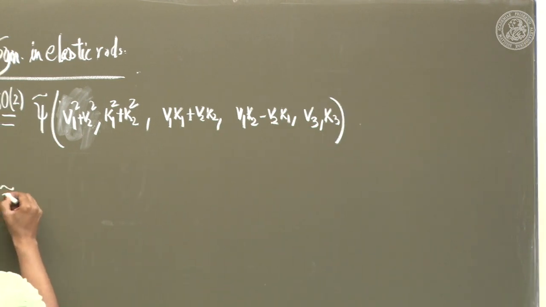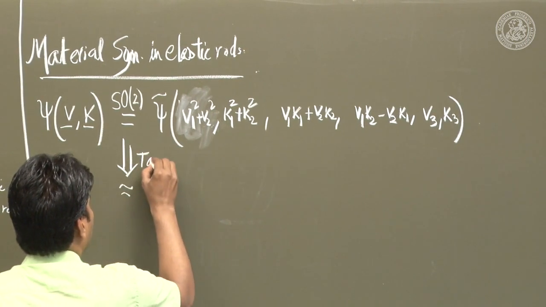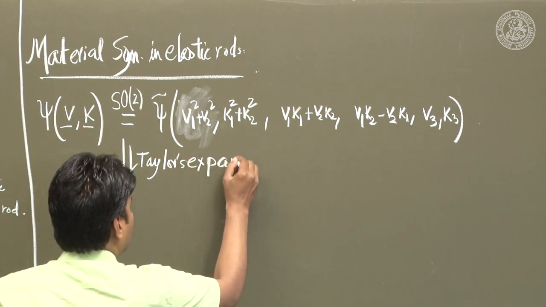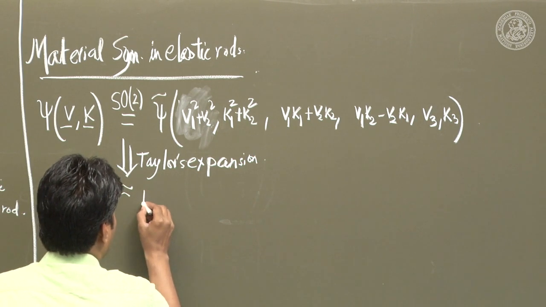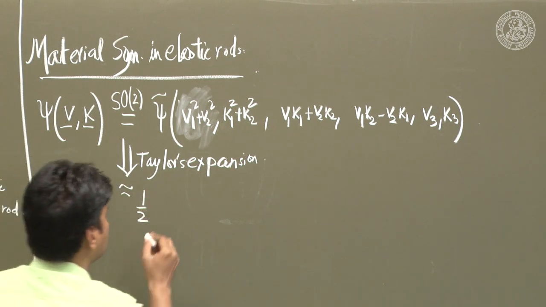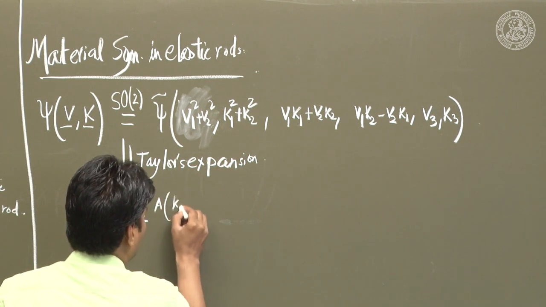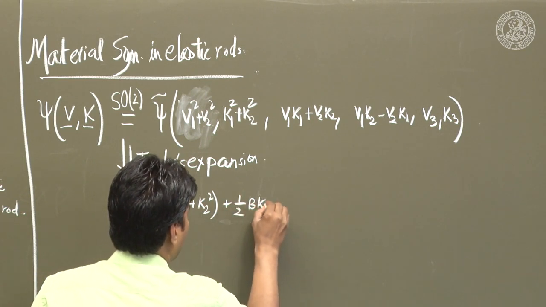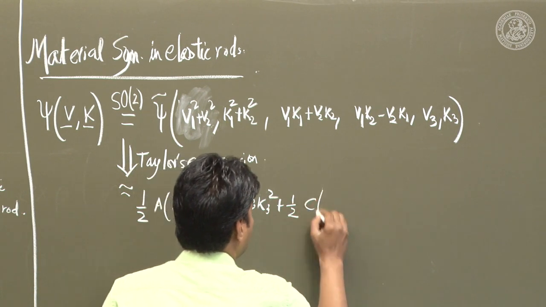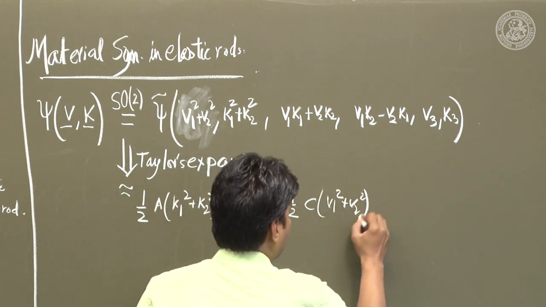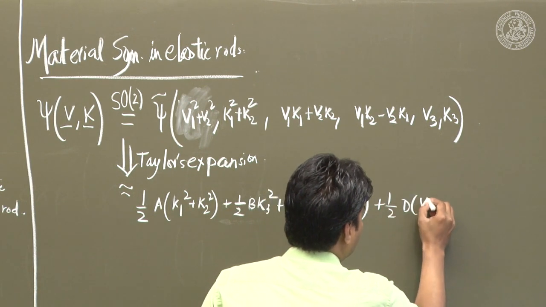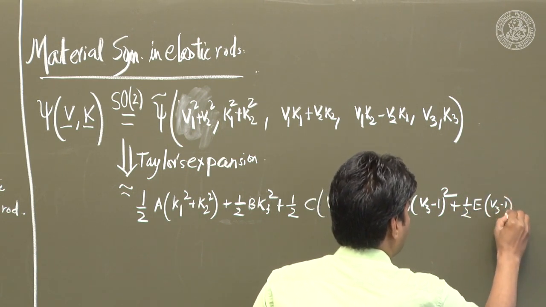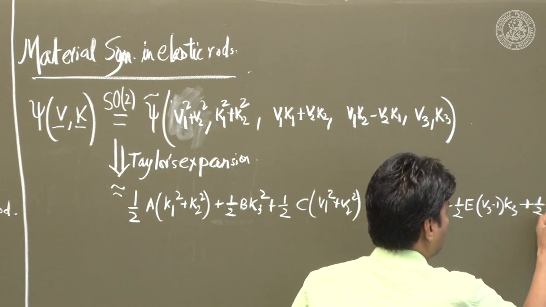So, once you do Taylor expansion, then we obtain the quadratic form of strain energy, which was half of A times K1 square plus K2 square, plus half of B times K3 square, plus half of C times V1 square plus V2 square, plus half of D times V3 minus 1 square, plus half of E times V3 minus 1 into K3, plus half of, so